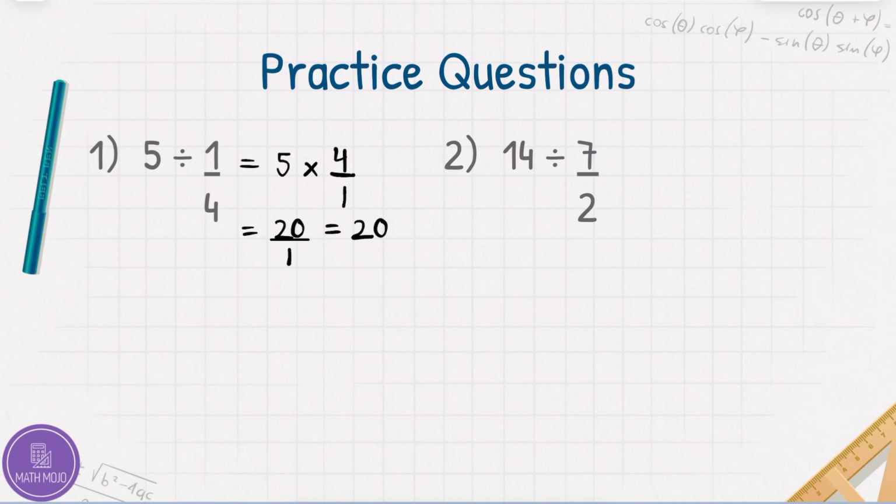Now moving on to number 2. We have 14 divided by 7 over 2. So the first step that we have to do is change 7 over 2 to its reciprocal. So we get